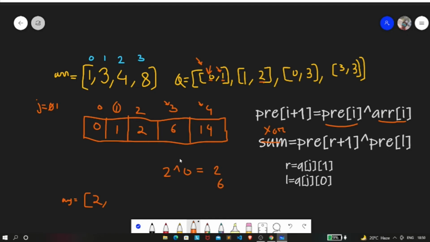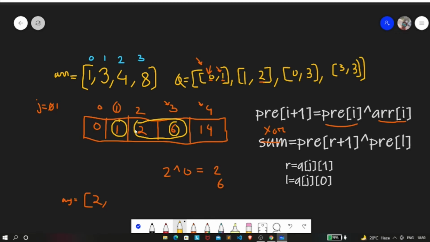So now why are we actually performing this operation? If you see in the prefix sum, let's say that we want to find this range. Now we know that this element is nothing but the XOR of all the three, that is 1 XOR 3 XOR 4. But we need the XOR of 3 and 4. So if we just remove the XOR of 1, by again XORing it up,